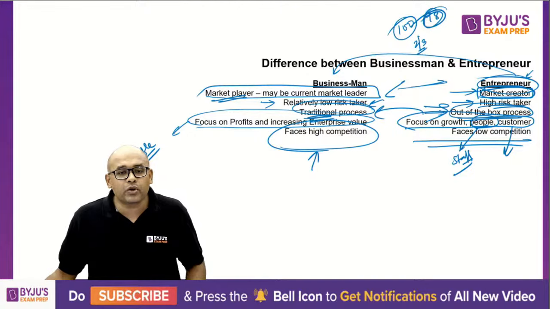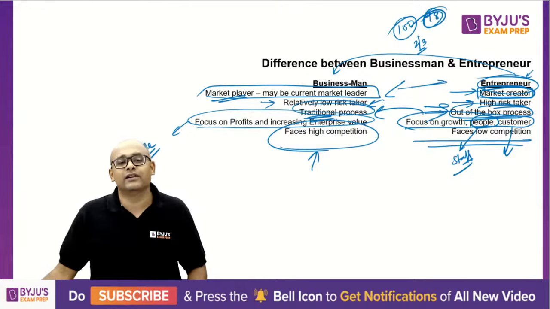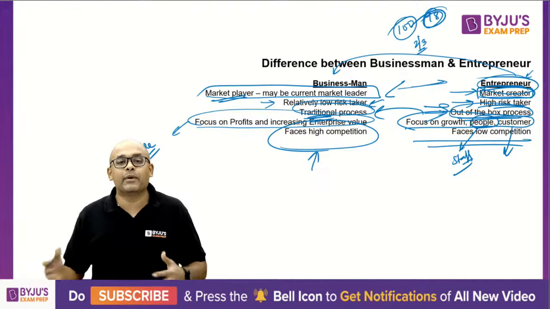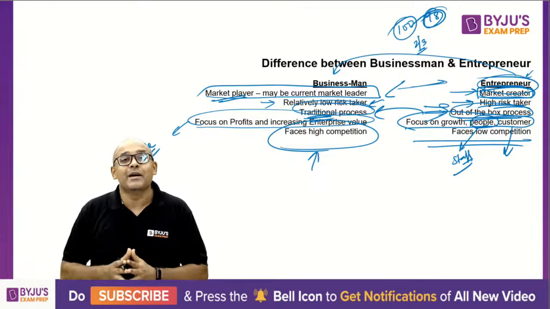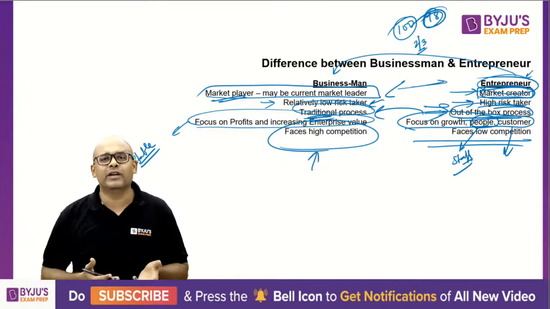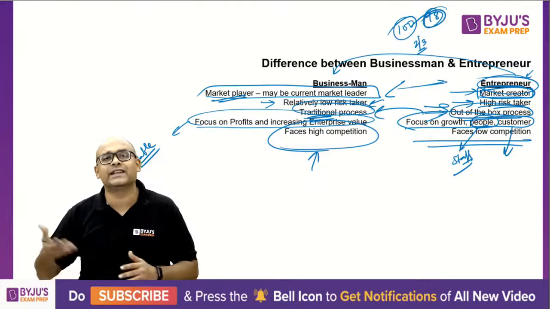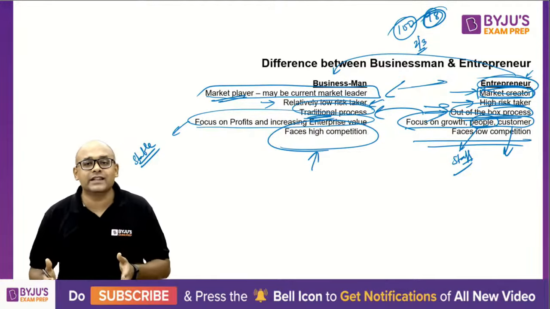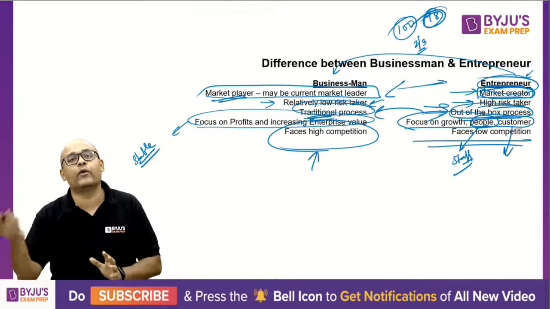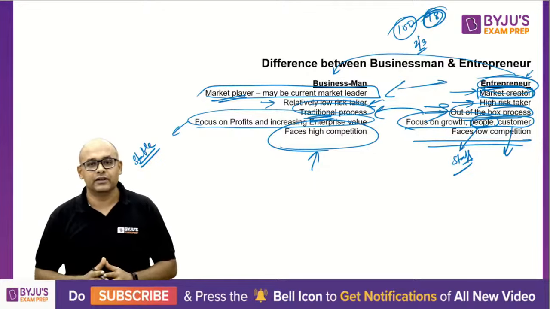Shama asks, are entrepreneurs the only ones who could be businessmen? Clearly not. Businessmen may or may not be entrepreneurs. Right? For example, if my father has a business, my father unfortunately does not have one, but if he has a big business, he can hand it over to me. I'll not be called an entrepreneur. I'll be called a second generation businessman. So it is not necessary that businessmen come only from entrepreneurship.